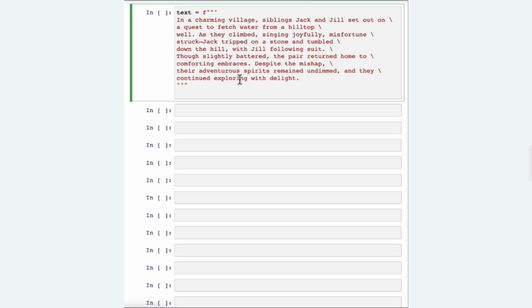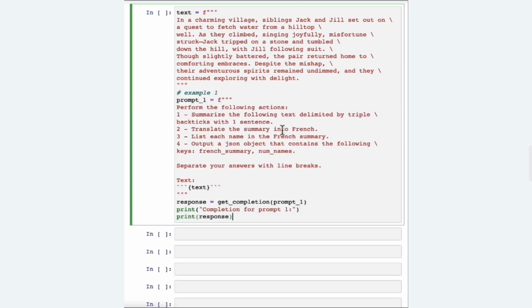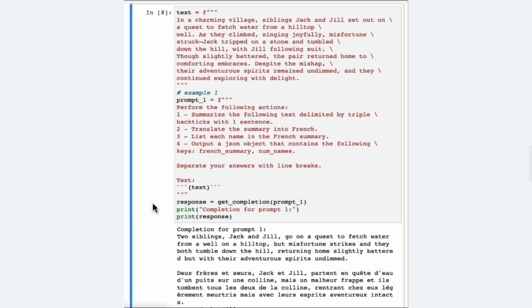Okay, now I'll copy over a prompt. So in this prompt, the instructions are: perform the following actions. First, summarize the following text delimited by triple backticks with one sentence. Second, translate the summary into French. Third, list each name in the French summary. And fourth, output a JSON object that contains the following keys: French summary and num names. And then we want it to separate the answers with line breaks. And so we add the text, which is just this paragraph. So if we run this,